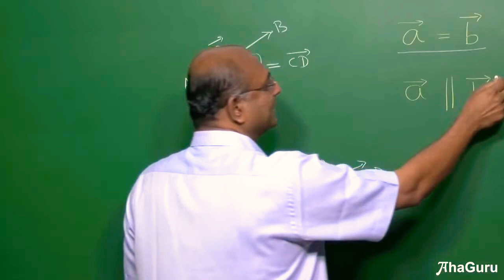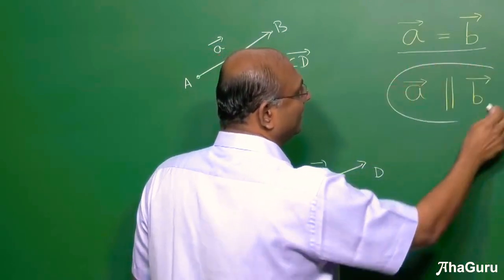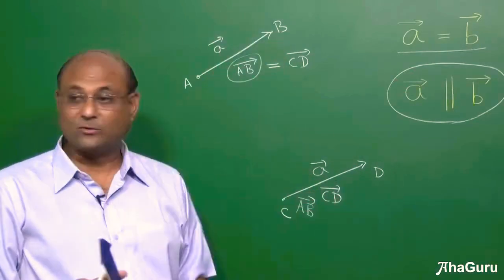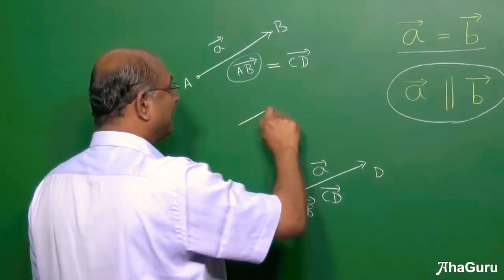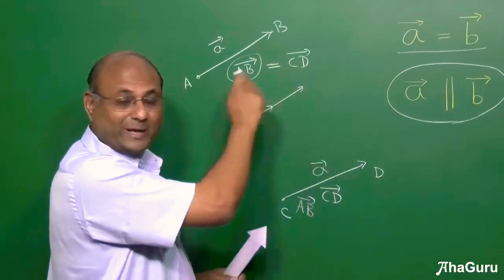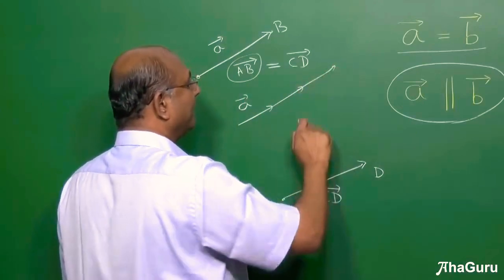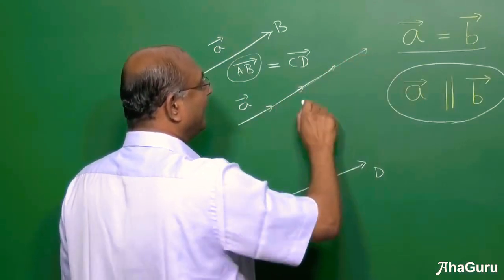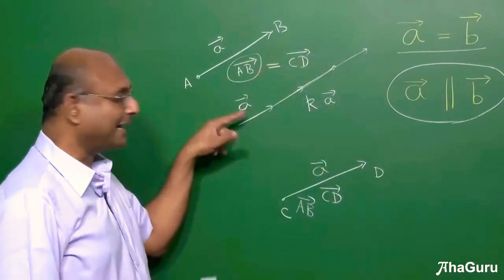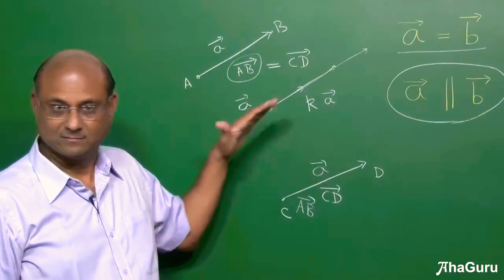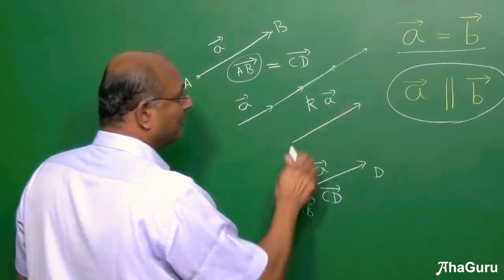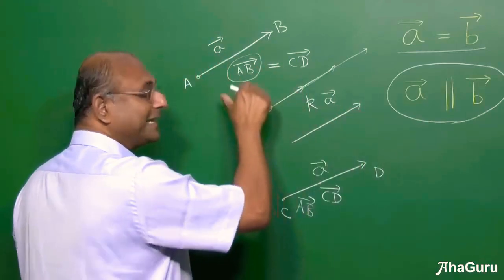Then let us look at this idea of two vectors being parallel to each other. What does that mean? Well, these two vectors are parallel to each other. You know that if I have vector A and I create a double vector which is 2A, 3A, if I said that this vector was k times A, k is a number, is k times A parallel to A? It is, right? Correct? Now if I look at another vector which was here, but it was parallel, this must be so many times A, right?